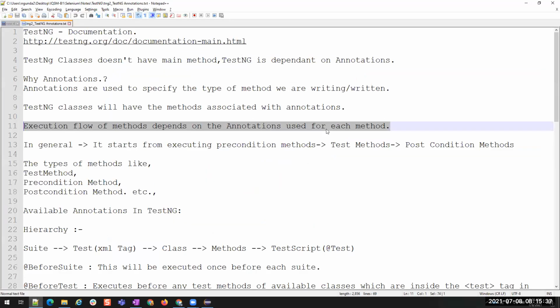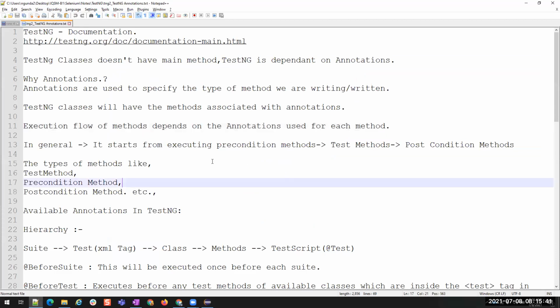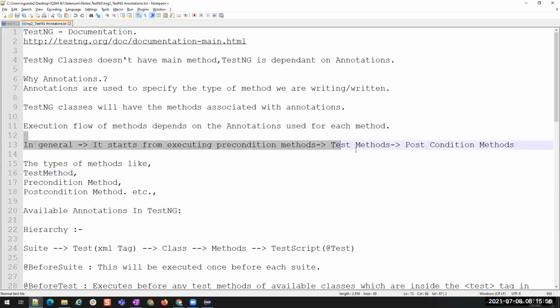All right. So what type of annotations? What is the execution flow of these annotations? We have multiple different kinds of annotations. We'll see those annotations in a bit, just give me some time. But let us understand the flow of these annotations. First, it will execute the precondition, then the test case methods, and then the post condition.